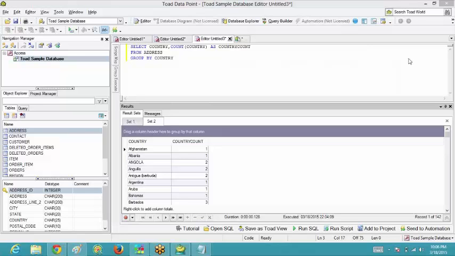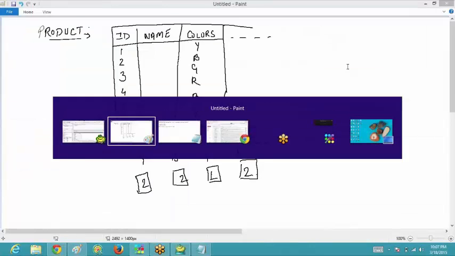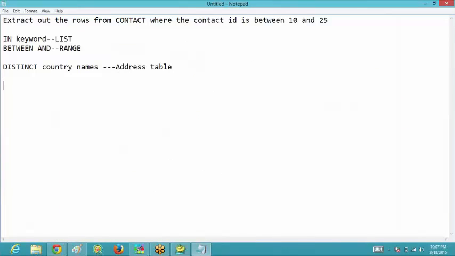Okay, done this one. Then if you are able to do this one, try to use this group by clause on the customer ID.